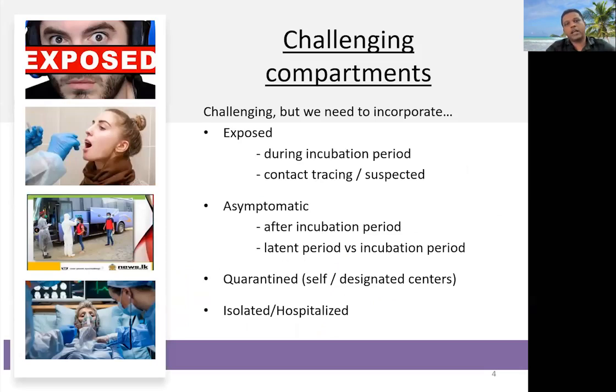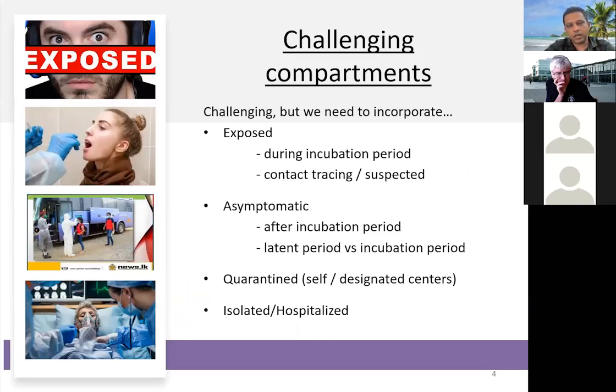So then what are those challenging compartments we have? Just see this slide, then you can elaborate on what happens here. Exposed, because we know that after getting the infection, until we see the symptoms, we have to spend some time, which is called the incubation period. It is a very critical period, because sometimes we do not know whether we have an infection. During this period, we are exposed without knowing anything about that. So we have to carefully handle that.